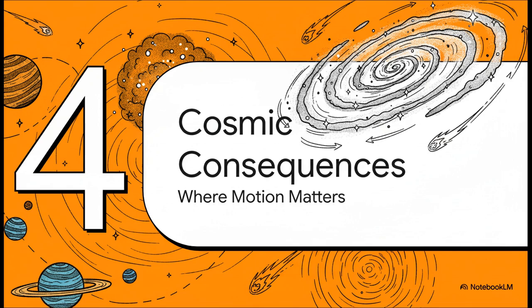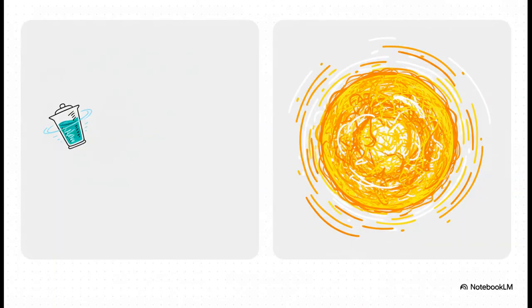Let's scale things up from our little lab experiment to the cosmic level, and you'll see how this tiny effect builds into something that literally shapes our universe. Okay, this is where it gets really wild. Let's compare our lab blender to a spinning neutron star. A neutron star can spin so incredibly fast that its surface is moving at something like 10% of the speed of light. Now, at those kinds of speeds, the added mass from all that rotational energy is not negligible anymore. It's almost 0.25% of the star's total mass.